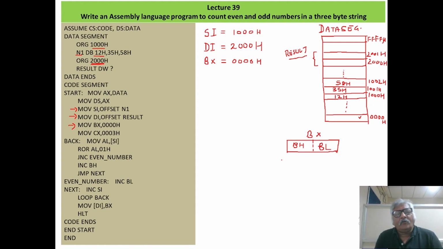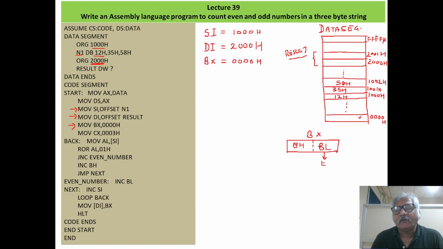So what we will do, this BL is used to store how many numbers are even.